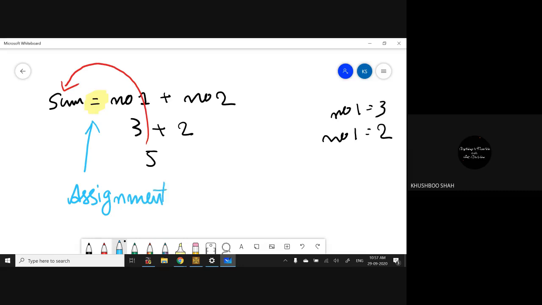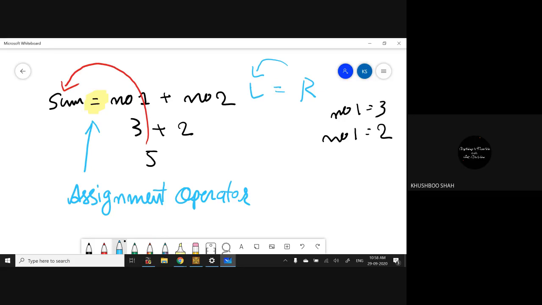Also, we'll learn the operator topic in detail. Assignment operator. See, the meaning of the assignment operator is whatever you have written at the right side, it will store the right side value in the left side.